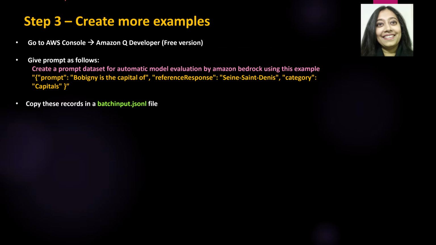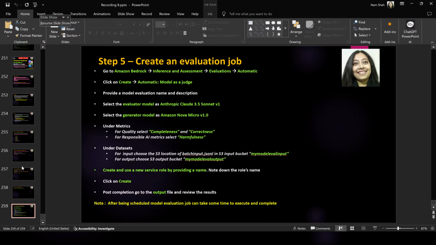In step three, we are going to create multiple examples using this particular sample. And we are going to give this as a batch input JSON file. So we are going to tell Amazon Q Developer, the free version, to create a prompt data set for automatic model evaluation by Amazon Bedrock using this example. So let me go here, go there,